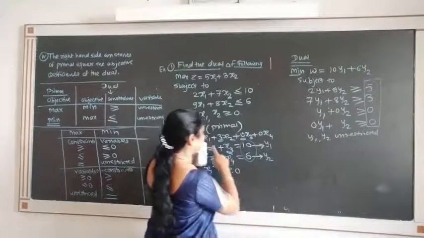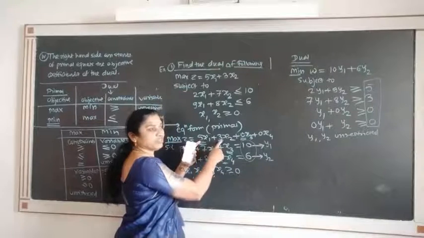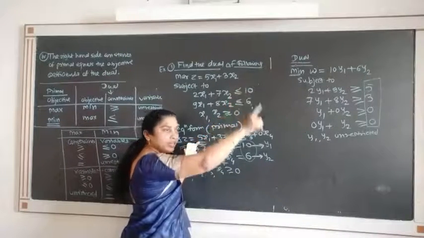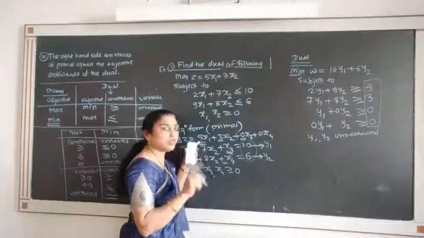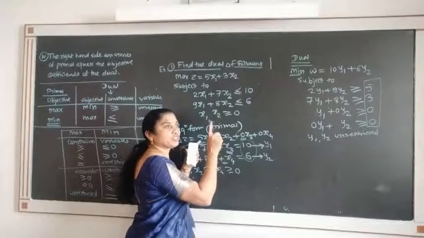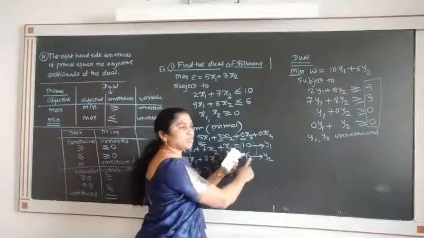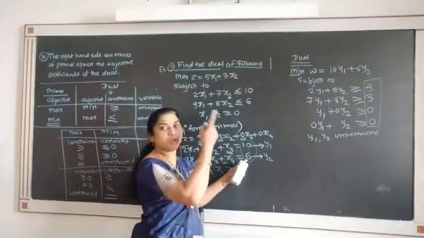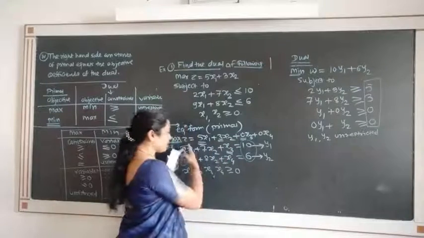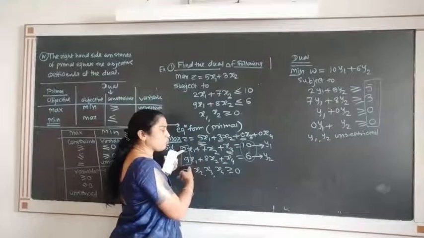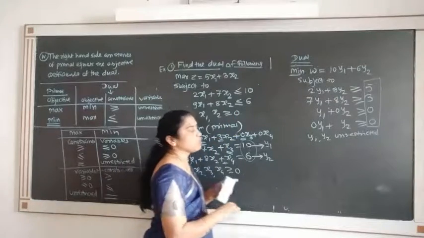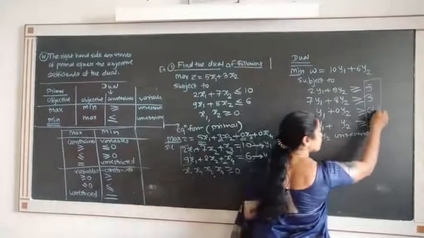RHS, what is it? Objective coefficients in the primal. So RHS in dual is nothing but the objective coefficients of primal. The RHS of primal is nothing but the objective coefficients of dual, and the column coefficient gives the corresponding constraints of the dual. So this is, now see, if you observe this,